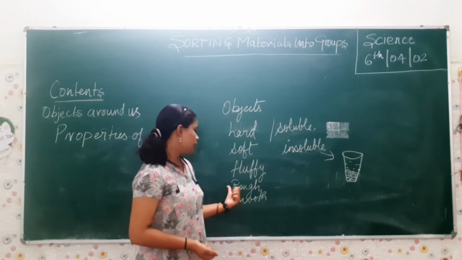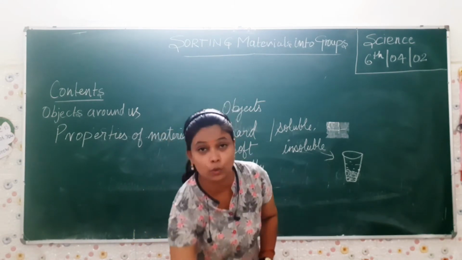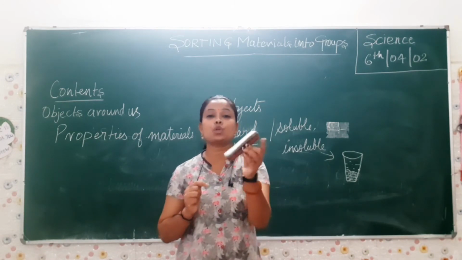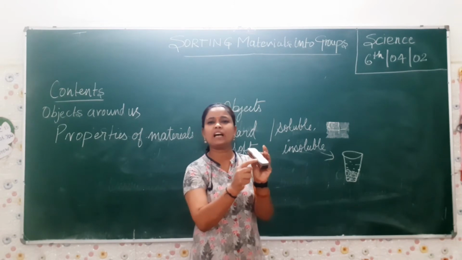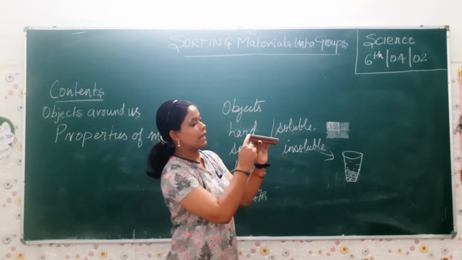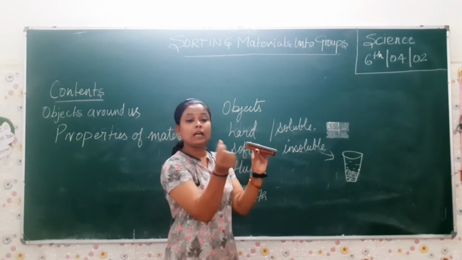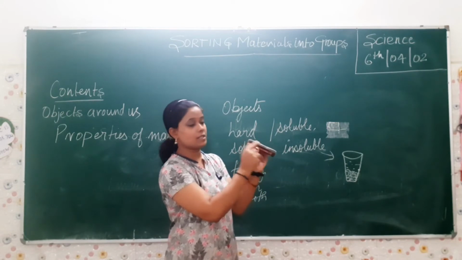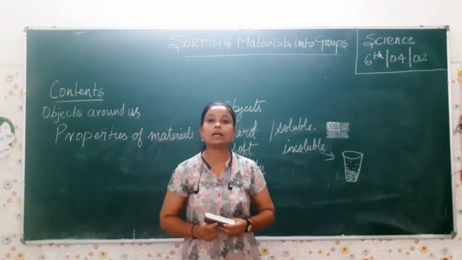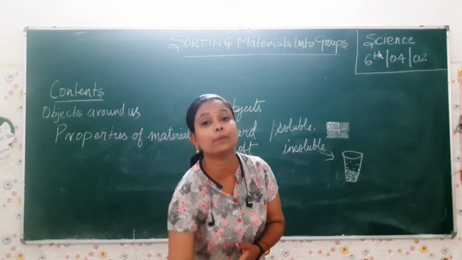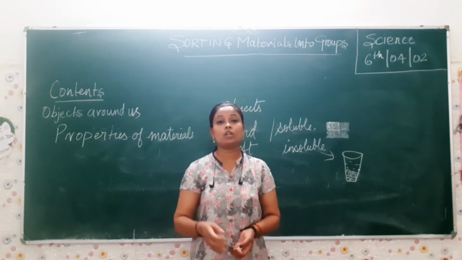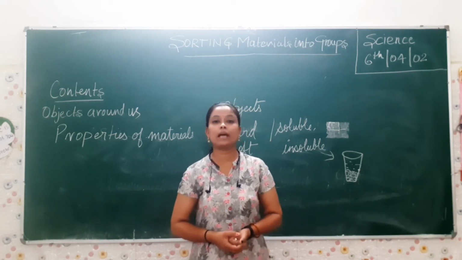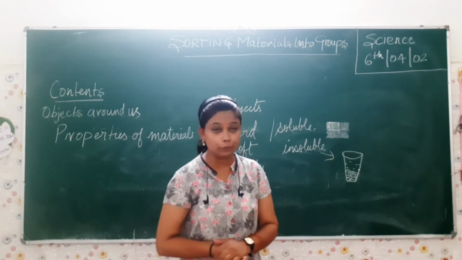Next, what do we have? Rough. What do you mean by rough surface? Look at this. What is it? It's a duster. By the continuous use of the duster, it becomes very rough. Even if I try to move my finger, I get an itching here. Why? Because the side surface of this duster becomes rough by its continuous use. Not only this, we have also taken the example of Scotch Brite. Have you seen that? I know you would have. So it is, I think, quite clear to you.